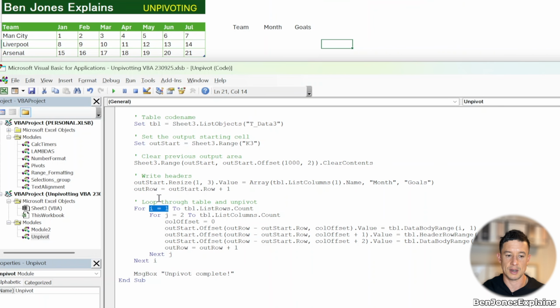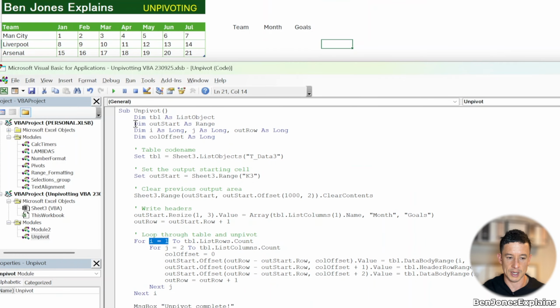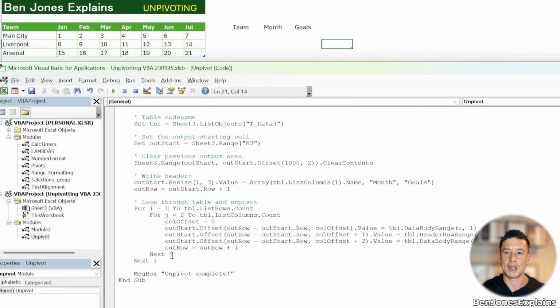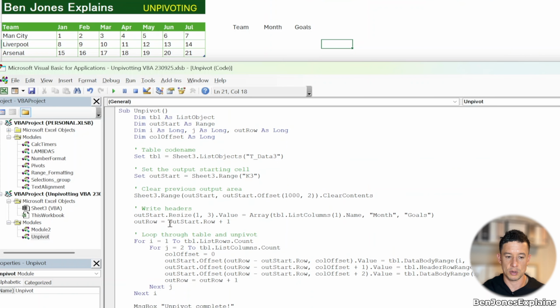So that's just saying I, which we declared at the top here as long, which just means a number. So we're saying start at number 1 for our loop, and then do it all the way to the end of table.listrows.count. So table, if you remember, was our output here, and then listrows.count will give us the number of rows within that table. And now we're saying an inner loop here for J again, we've declared as long, so nothing